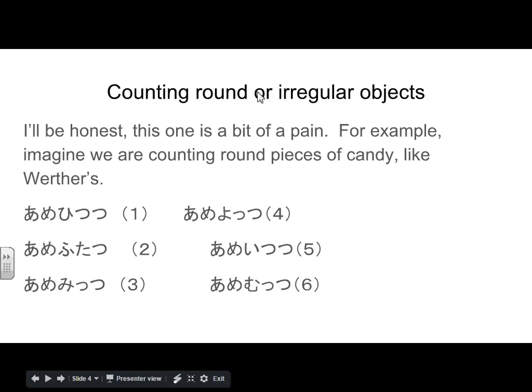Now, this one is a little bit tricky. Counting round or irregular objects like hamburgers, chicken nuggets, or candy in this case. This uses an entirely different counting system from ichi, ni, san, shi, go, roku, shichi, hachi, kyu, ju that we had in Chapter 1. So it goes